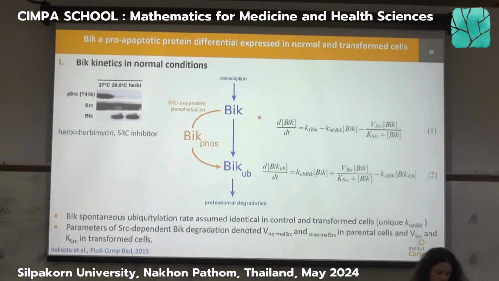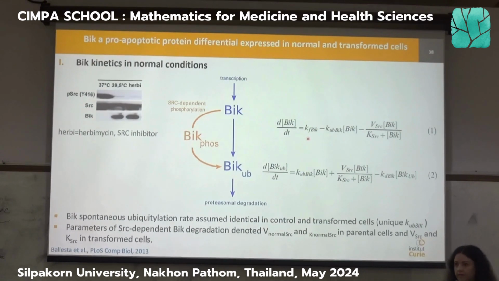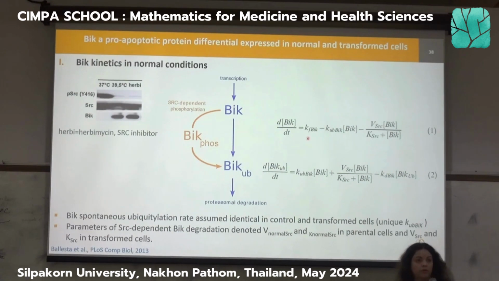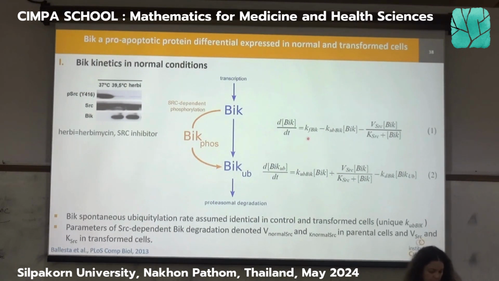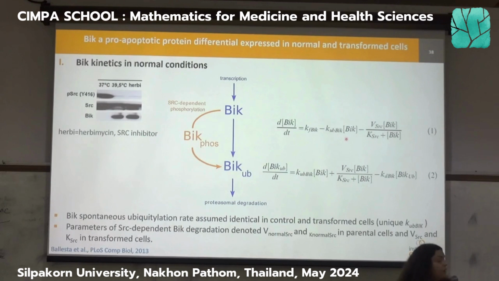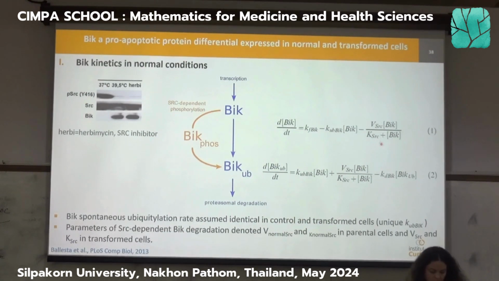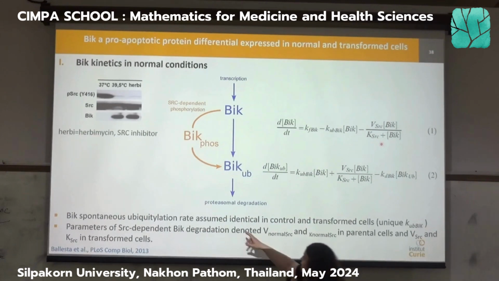So BEAK is continuously translated, so produced. So this is KF big, okay? So you have a zero order law of transcription, easy. Then BEAK is also spontaneously labeled, ubiquitinated, towards its degradation. So that's first order, the same that we have seen at the beginning of the course. And the last term here is about the orange part, so this part.